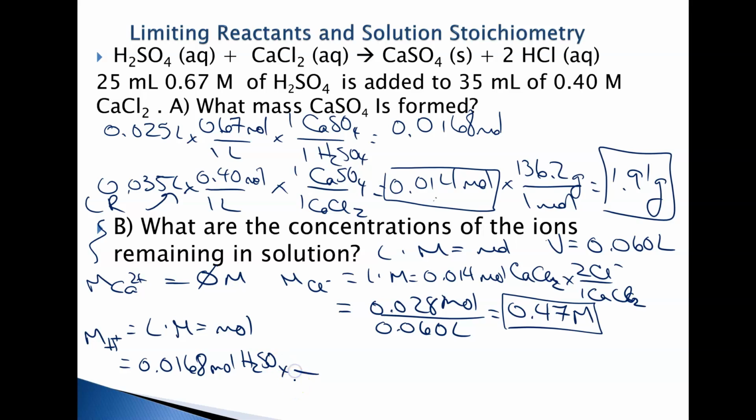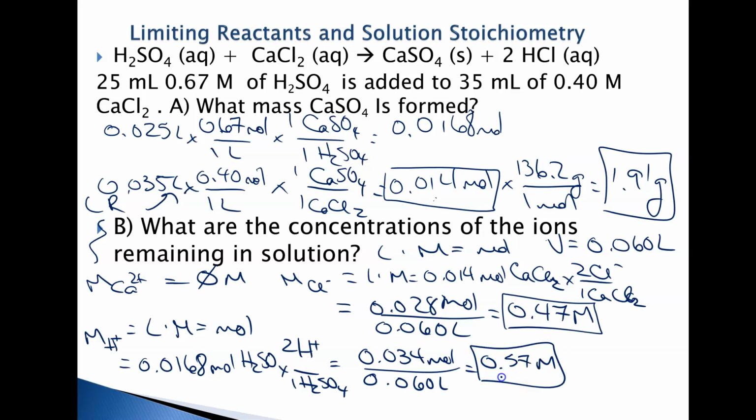And inside there are 2 H pluses, which means the moles are, I'm going to round it up, 0.034 moles over the liters, which is 0.57 molarity. Okay, now I've run out of room, so I'm going to erase what I have,